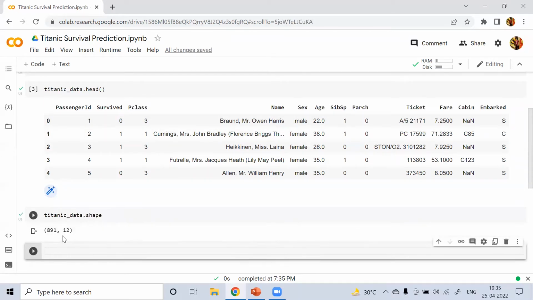We can see that there are 891 rows and 12 columns. Let's get some more information about the data. titanic_data.info.